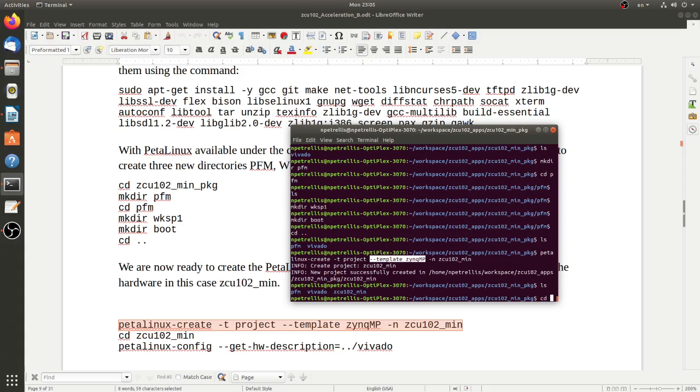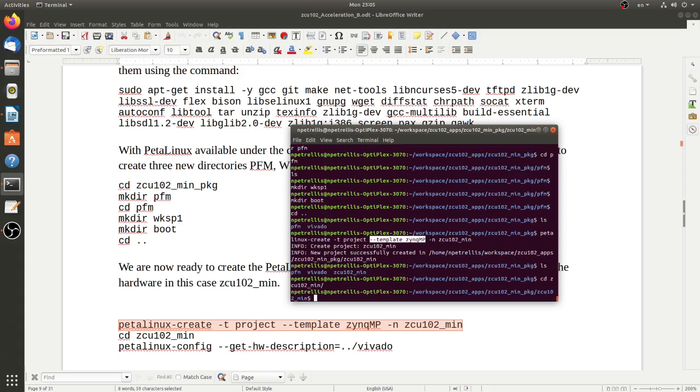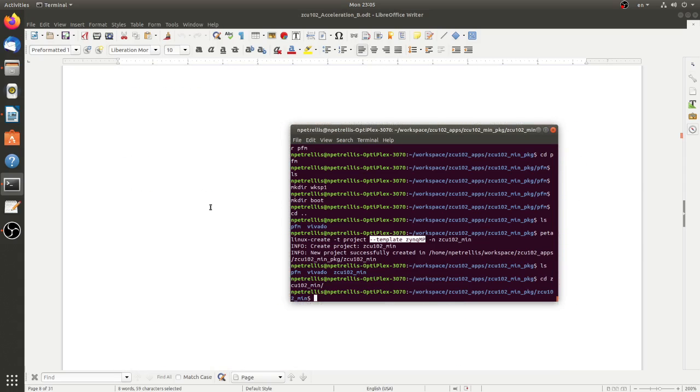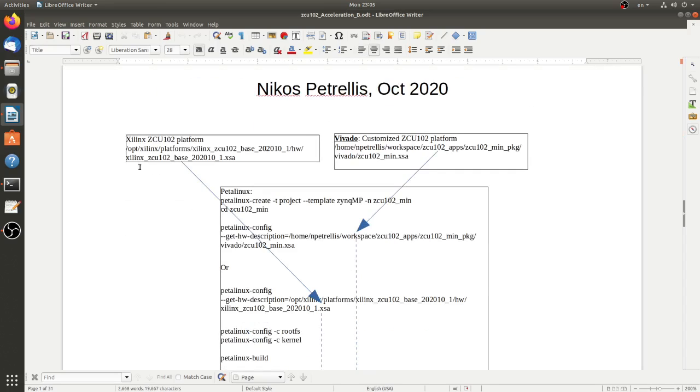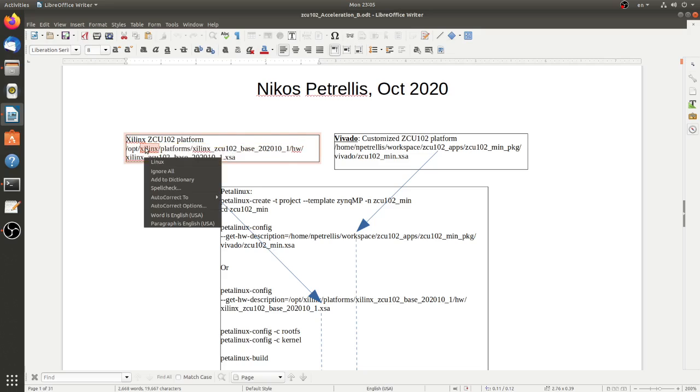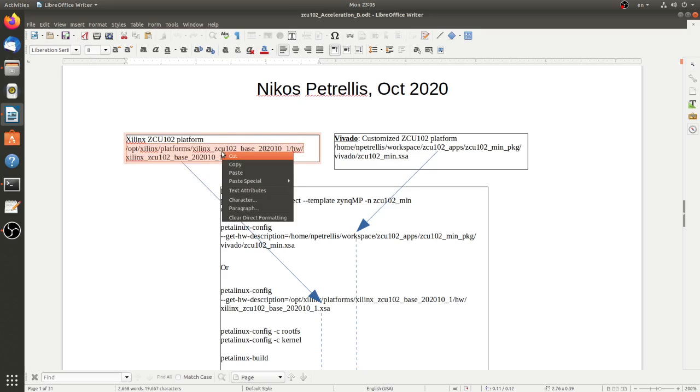So I'm jumping within the root directory of my Petalinux project and then run. Instead of running this one here, which would use the XSA produced by Vivado, I'm going to use the full path of this, which is where the XSA offered by Xilinx has been stored in my computer. So I return